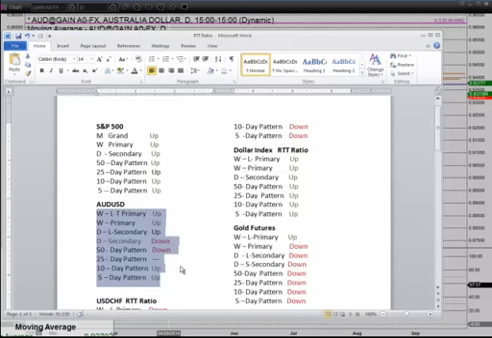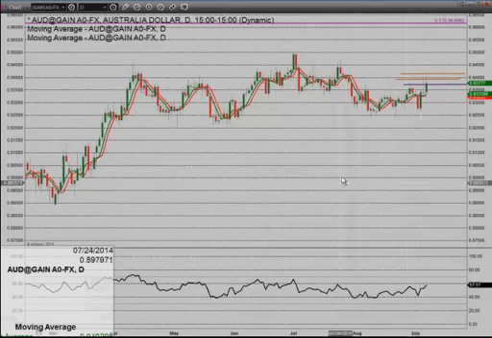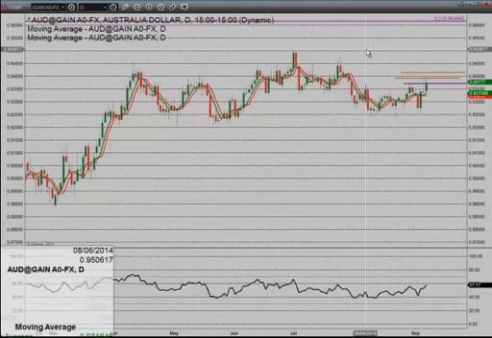You didn't in the Aussie though, and I want you to look at that 25-day pattern kind of in limbo. So your short-term patterns are up, your intermediate to long-term patterns here kind of down. So you're kind of in the middle there. So I almost like taking a flyer and taking a shorter term, taking an intraday sell signal up